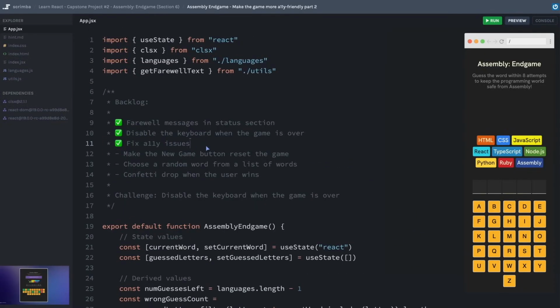There likely are other improvements we could make. There's always more that you can do. But we just have three more really small features to add to our game, two of which are crucial for the functionality of the game, and one of which is just going to be a really fun way to wrap things up. So next, let's jump onto the next item in our backlog. And actually, now that I'm looking at this, I'm going to swap these two. I want us first to choose a random word from a list of words. So that's what we'll be working on next.